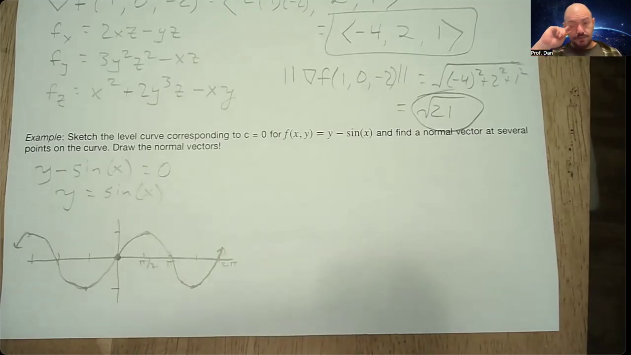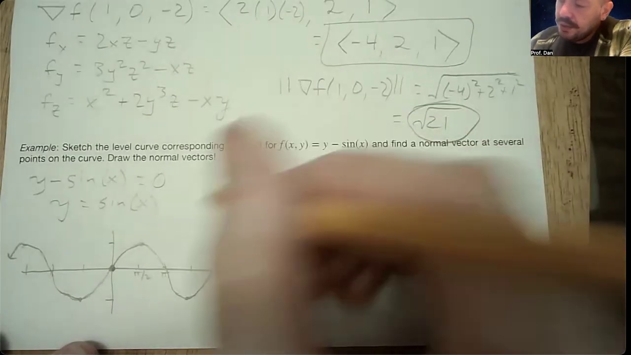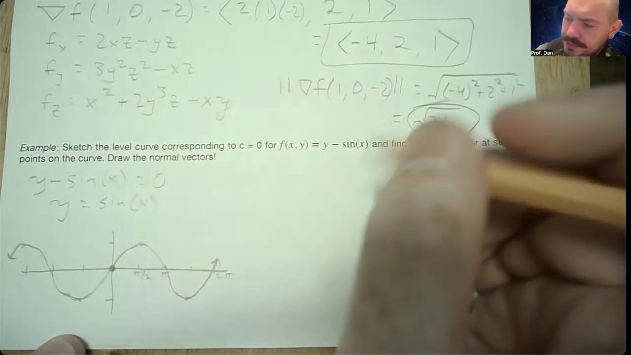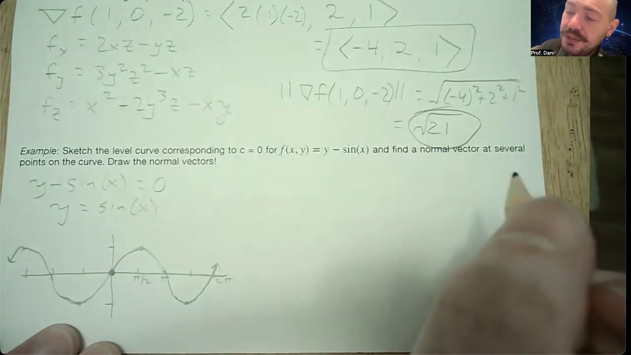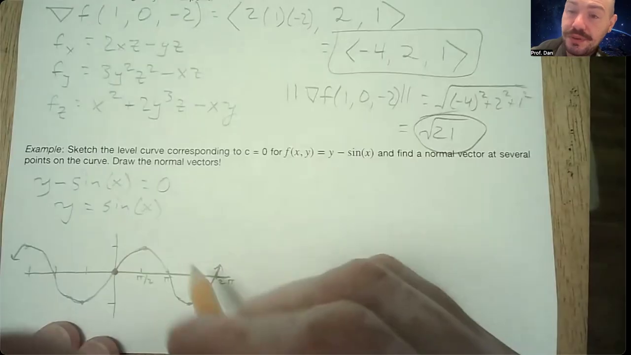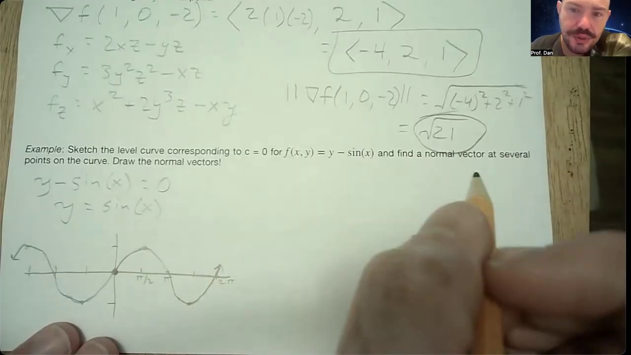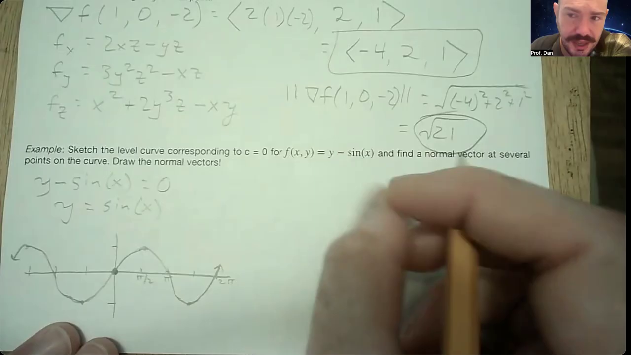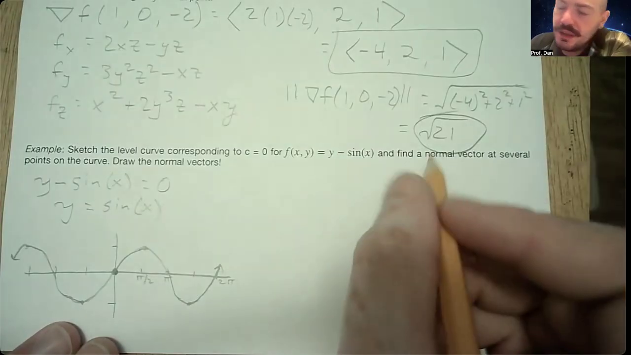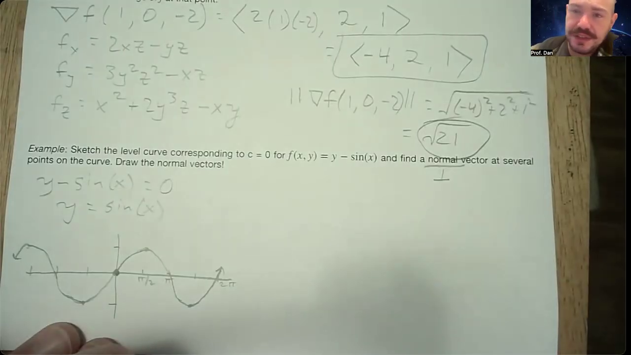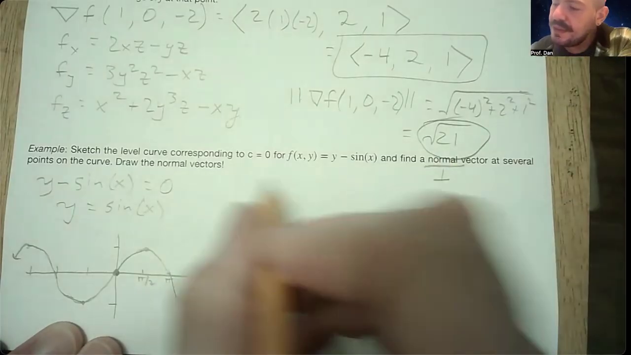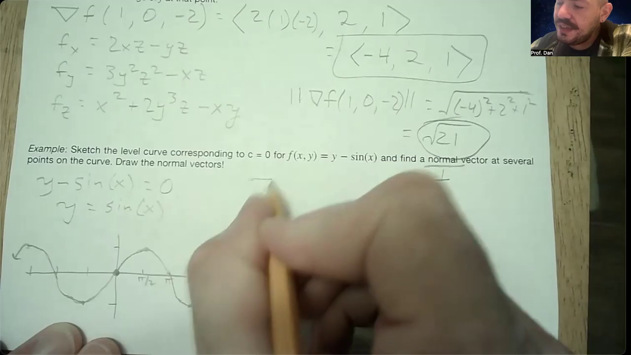If I were to find a normal vector, remember normal is the same thing as saying orthogonal, which is the same thing as saying perpendicular. So normal is the same as saying perpendicular. How do I find a vector that's normal to the contour line? I take the gradient. So del F